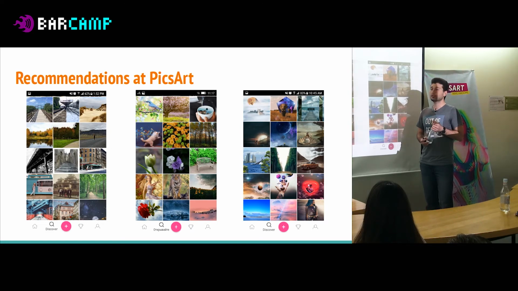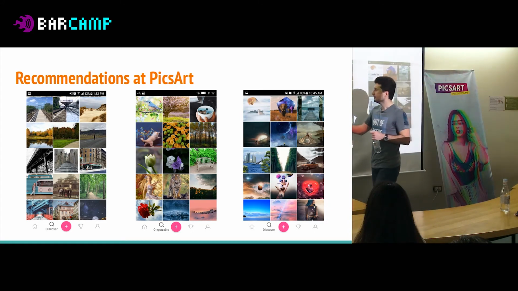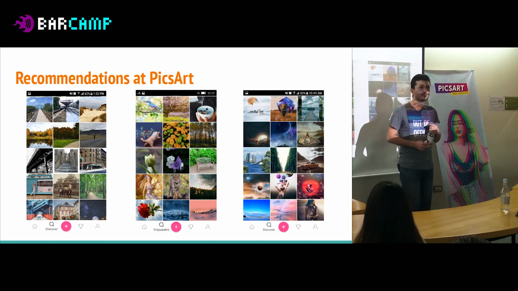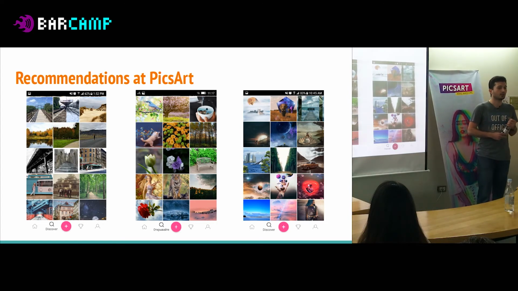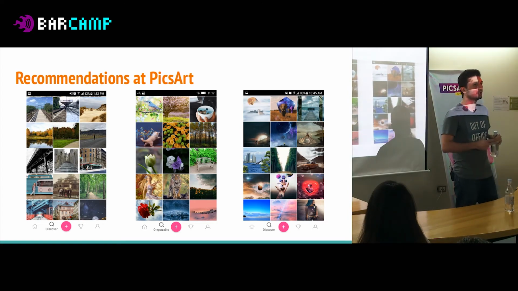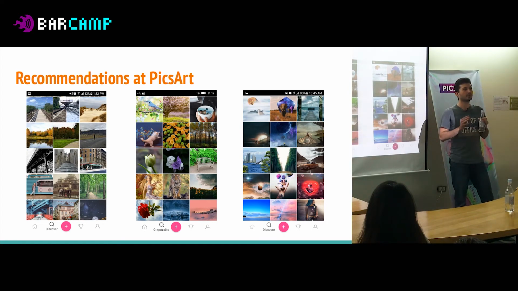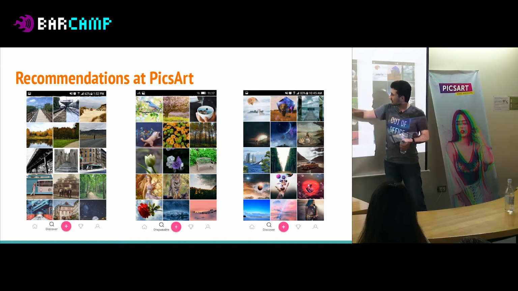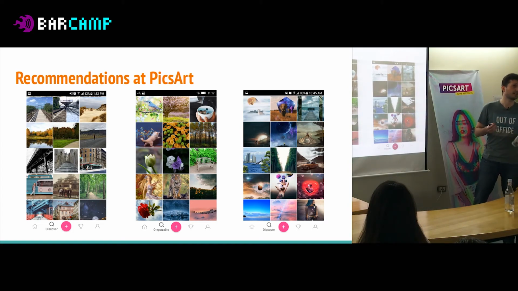This is the way recommendations are used currently at PicsArt. You can see three screenshots of the items being recommended. On the first one, there's a clear topic. So something about nature, something about architecture. The second one is about nature and animals. The third one is some kind of surrealistic edits. The idea here is that we firstly want to personalize. Secondly, we want to make sure we don't overkill, so we don't show the same very similar items. So in terms of this topic, we have some animals, different animals, nature, flowers, trees. So some amount of diversity is desirable too.